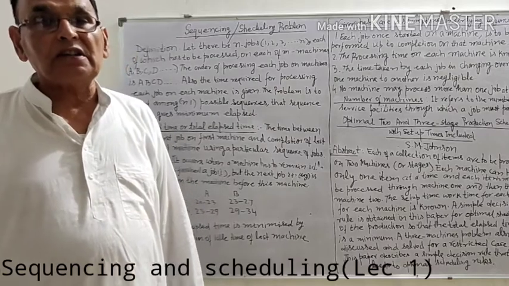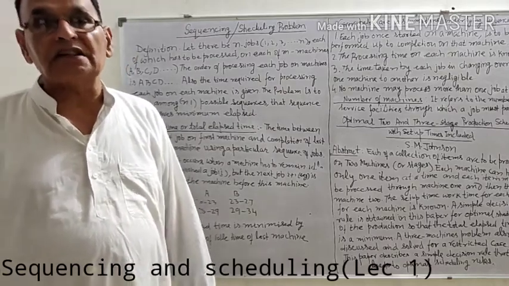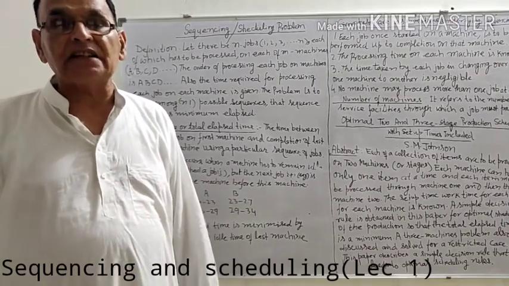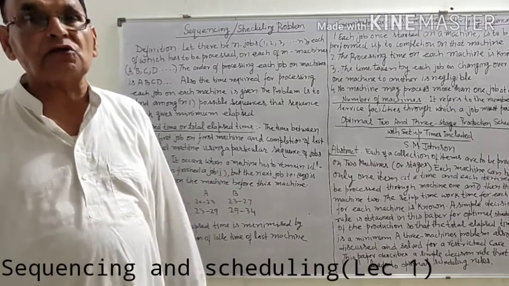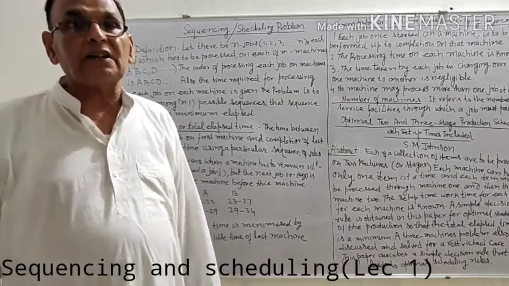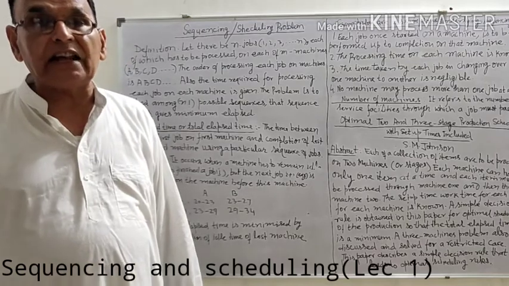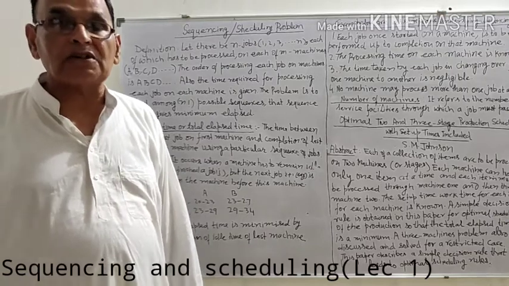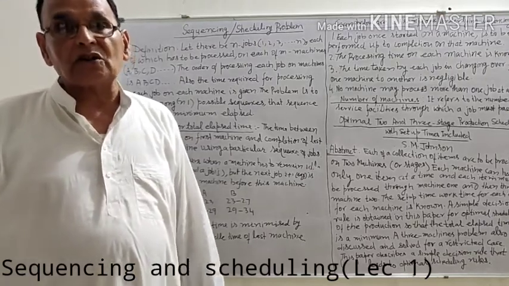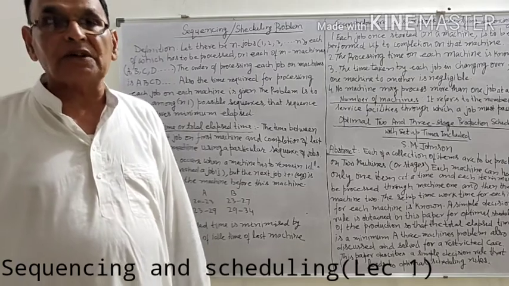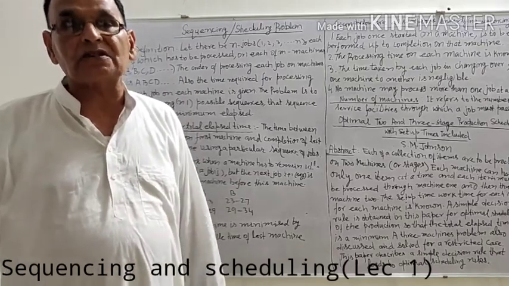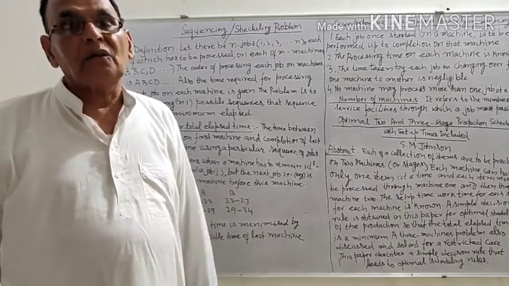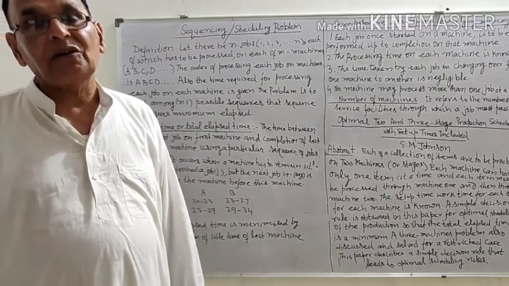The order of machine is fixed. If there are A, B, C, D, E machines, then the order of machines is A, B, C, D. That is, each job first has to go on machine A, then after its completion on machine A, it is to be processed on machine B, and after its completion on machine B, it is to be processed on C, and then after its completion on machine C, it is to be processed on machine D, and so on. And we have to find the optimal sequence.